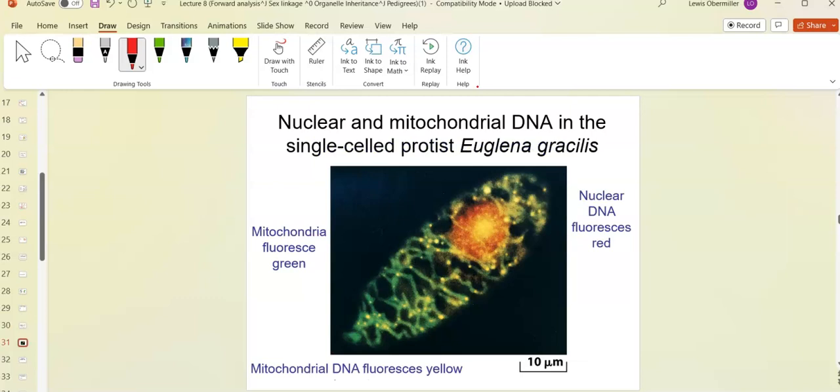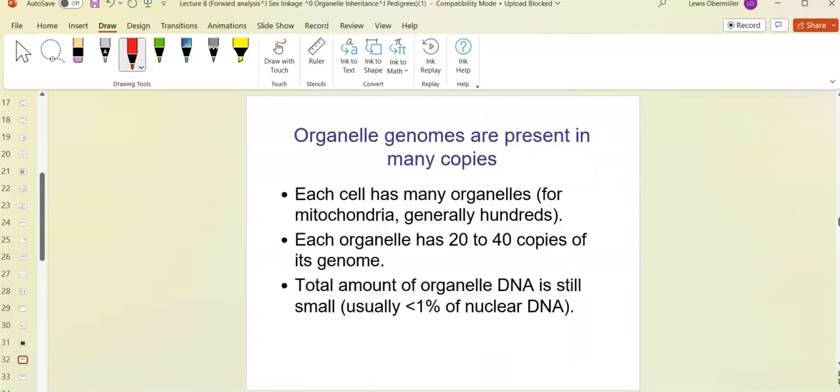This is just showing you that euglena, a protist, has been stained. Its nuclear DNA here is red, and its mitochondrial DNA is green. You can see that there are lots and lots of mitochondria per cell. There's only one nucleus, and because it's a protist, it's a eukaryote, so it has nuclear DNA. There's only one copy of its nuclear DNA, but it has lots and lots of mitochondria, and so lots and lots of copies of its mitochondrial DNA,